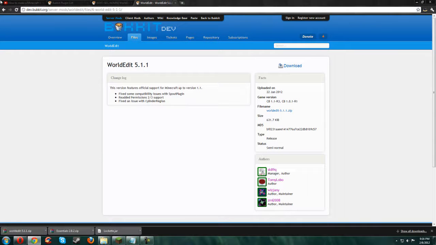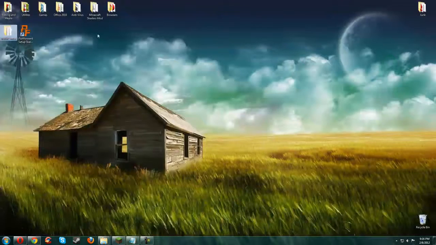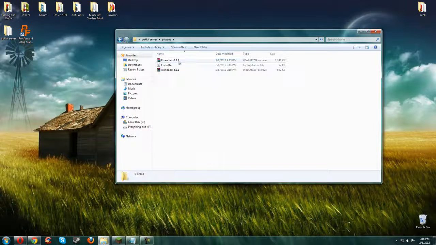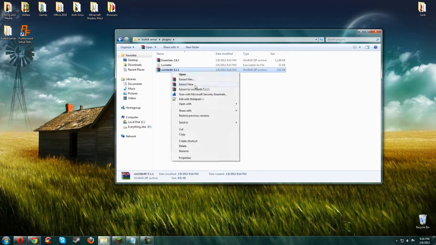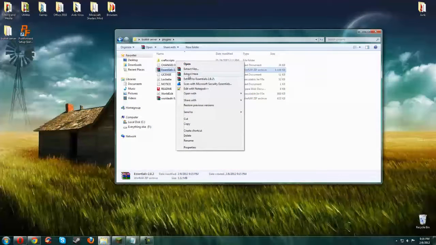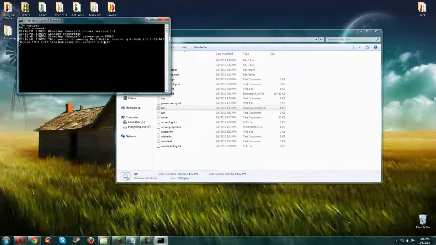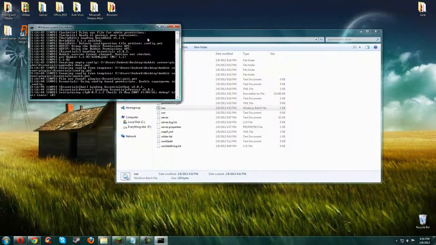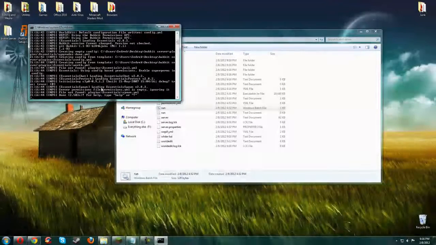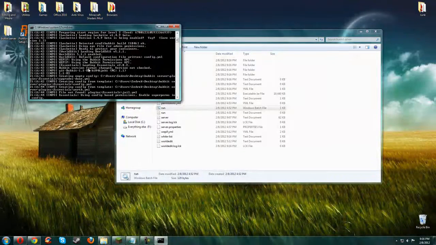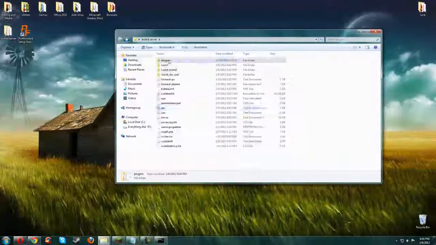Alright, we have everything downloaded. Go to Bukkit, plugins, and we have all of our stuff. If you have any type of zip or RAR files like these, you need to unpack or extract them into the plugin directory. It's going to get really messy, like a pile of dead fish laying in a barrel of data. But when you run the server, it starts up Essentials, Bukkit, World Edit, Lockette, and it should create